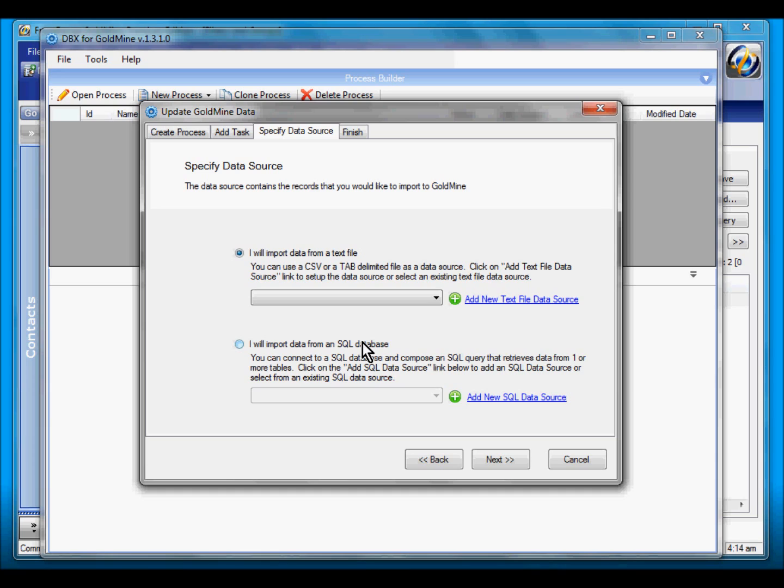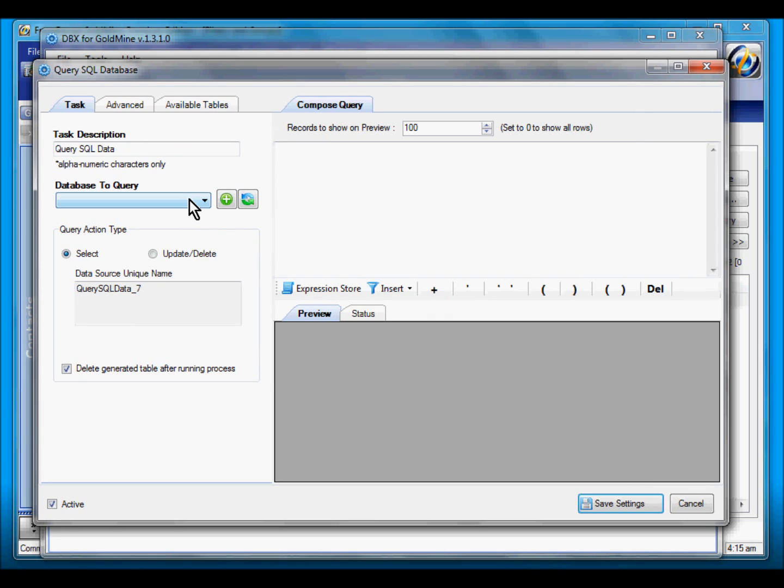So importing, DBX will work with a text file or records from a SQL database. In this particular instance, our data will be coming from the GoldMine SQL database. So we will select this second option and define our data source. First, we need to specify the connection settings that will be used to query our data. So we will select our default GoldMine connection, and now we can